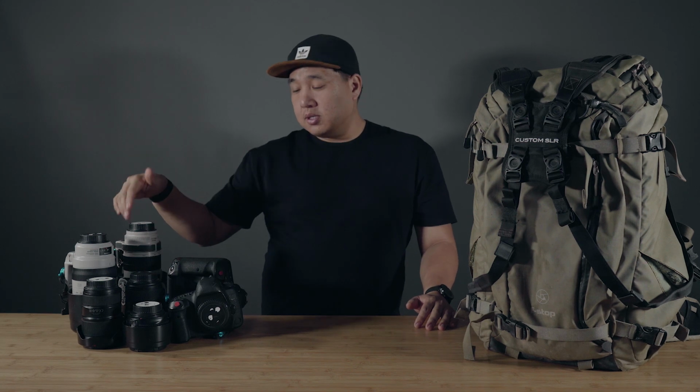Well, here's all the gear that I bring with me to Rampage. Just because I bring all this doesn't mean I always use it. Usually the earlier part of the week, riders are usually digging, so there's not so much riding, so I'll usually bring my 5D Mark IV with my 50 prime and 70-200, and then as riding starts to pick up later in the week, I'll switch to my 1DX Mark II, and depending on where riders are going, I'll determine what lenses I'll bring